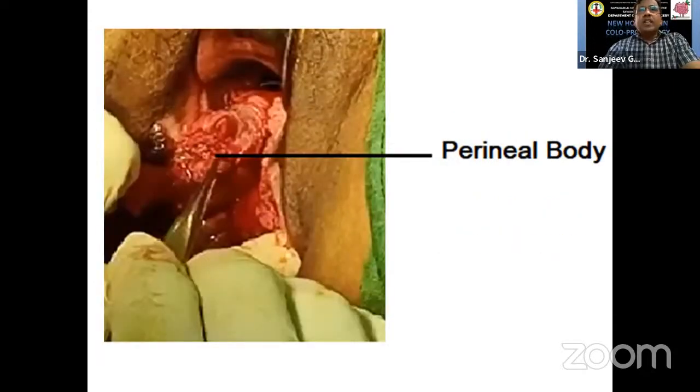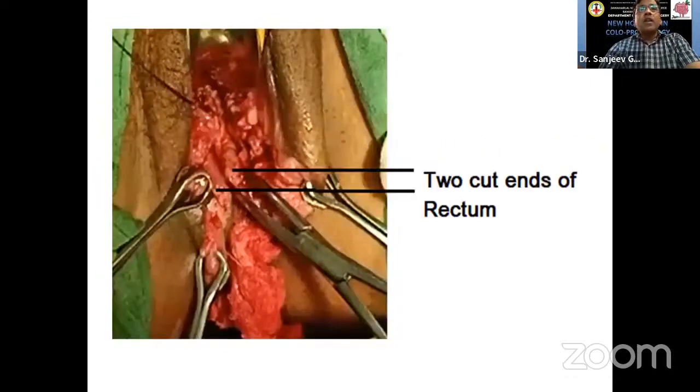Yeah, that's the perineal body you can see, which lies between the rectum and vagina, and it is the condensation of all the muscles of perineum. It is approximately 2 centimeters in diameter, and it is a firm muscular component which is important for the pelvis, and the repair of this structure is very important for future of the patient, as the patient will have pelvic floor dysfunction, which can lead to fecal incontinence, urinary incontinence, prolapse, and multiple other things. You can see the two cut ends of the rectum very well,